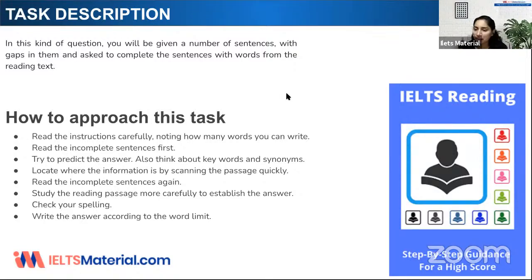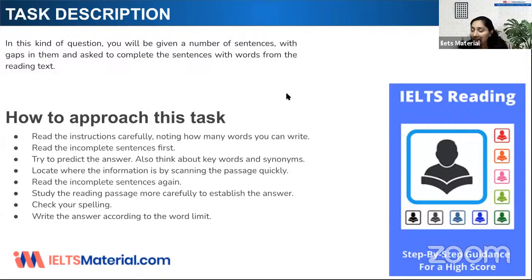If I take sentence completion, then there are two types of sentence completion. Either you will have the blank at the end. So if you have the blank at the end, then you need to focus on the words which are exactly before the blank. And if you have the blank exactly in the middle of the sentence, then you need to focus on left and right part of the blank. Okay, so this is the one that you can do related to sentence completion, and always you will find the answers that they are paraphrased, and with the paraphrased content, immediately you will find your answer. Immediately you will get the answer.